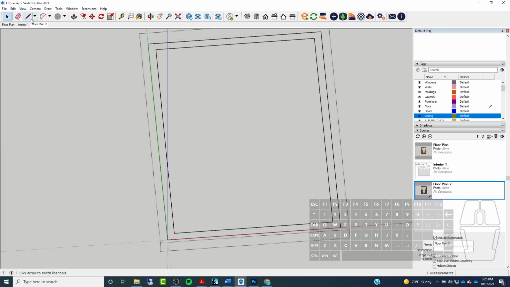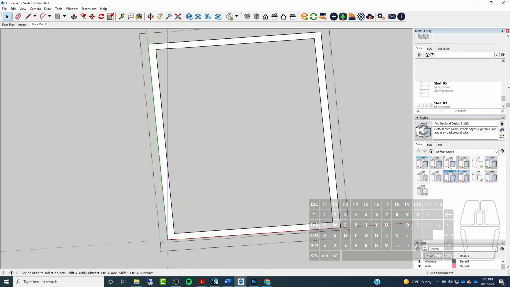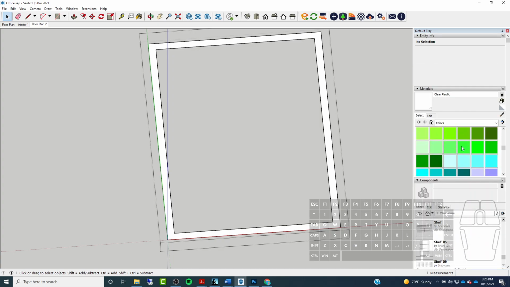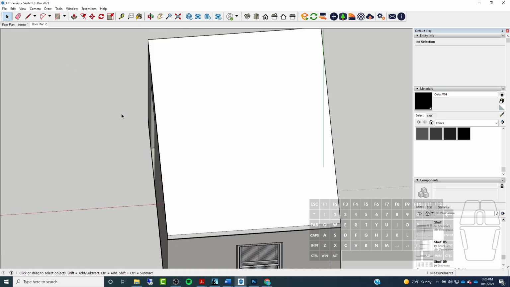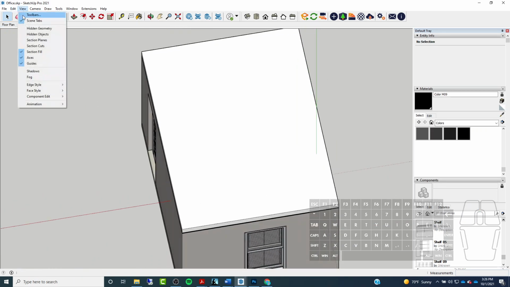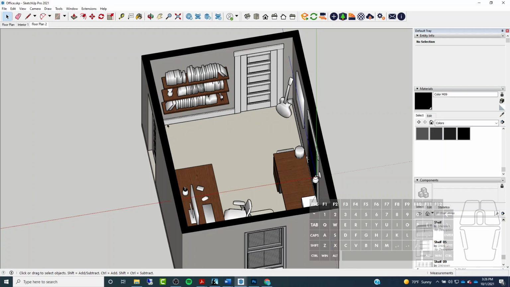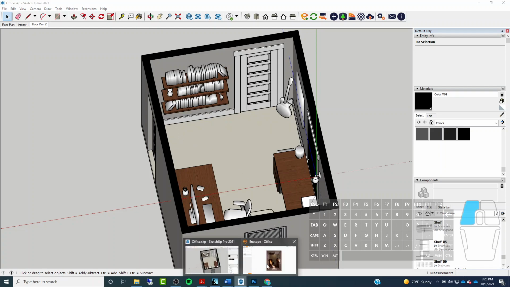So I want to switch to my rectangle tool and go like that over those lines and delete out the middle. And then I'm going to give this a solid black color. So going up here to my materials, under colors, find the solid black and fill in that with a solid black color. So now if I turn my section cuts back on and go back to Enscape,